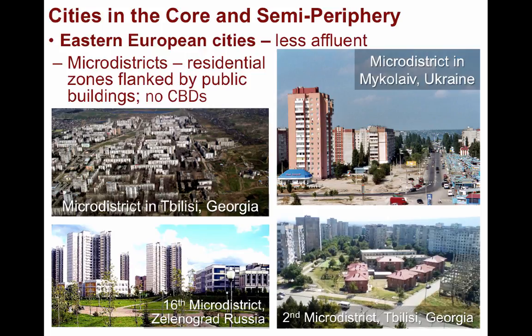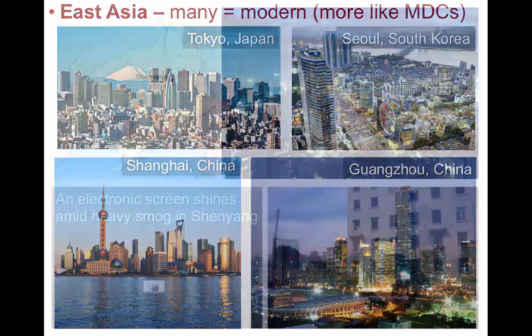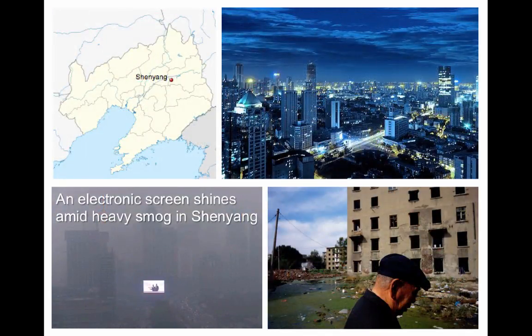their economic development. And even further across Eurasia, many cities in East Asia are some of the most modern in the world. Japan has long been one of the most advanced societies, and other states like China and South Korea have had some of the most recent urban development, making these cities more modern than many in the West. That said, many of these cities also suffer from heavy pollution due to their dense populations and plethora of factories.